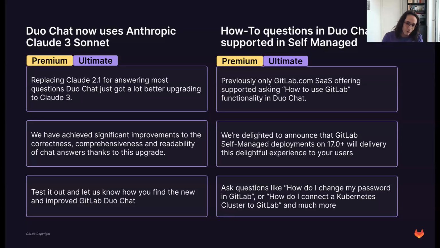Now with Claude 3, officially, our supported language for Duo Chat is still English. I have to say that, right? So disclaimer, if Duo Chat is telling you something completely incorrect in another language, we don't guarantee anything. We don't take any responsibility for that. But funnily enough, just by upgrading the model to the newest version, it just speaks all the languages, essentially. So I can certify that Hungarian works really nicely, but that's only one person testing it. That's me. At least that's the one person that I know of.